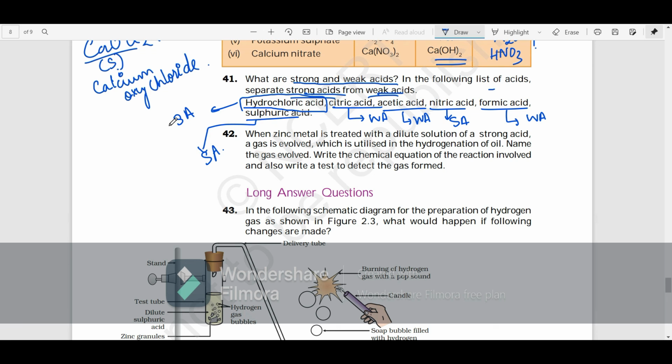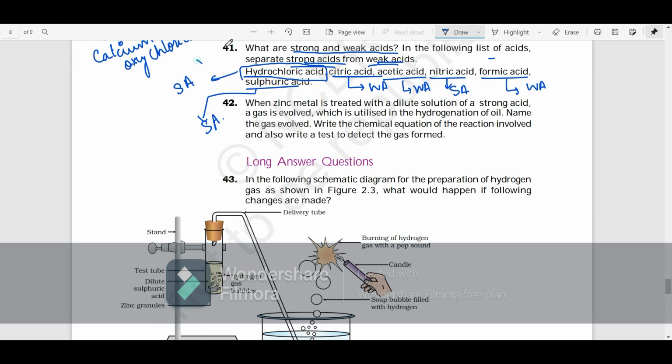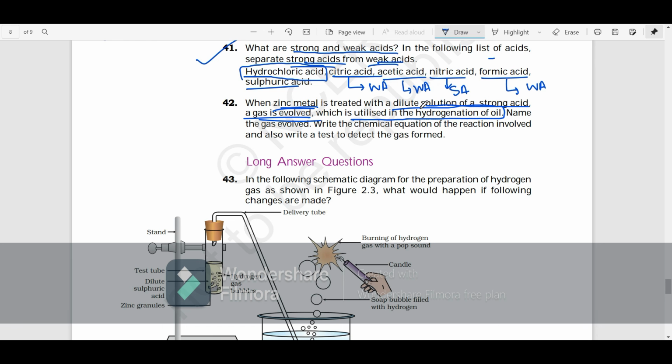Okay, now the last question of the short questions and answers, let us just see it. When zinc metal is treated with a dilute solution of a strong acid, a gas is evolved which is utilized in the hydrogenation of oil. Name the gas evolved, write the chemical equation of the reaction involved, and also write the test to detect the gas. Okay, when zinc reacts with a dilute solution of a strong acid, let's take it as HCl in diluted form,